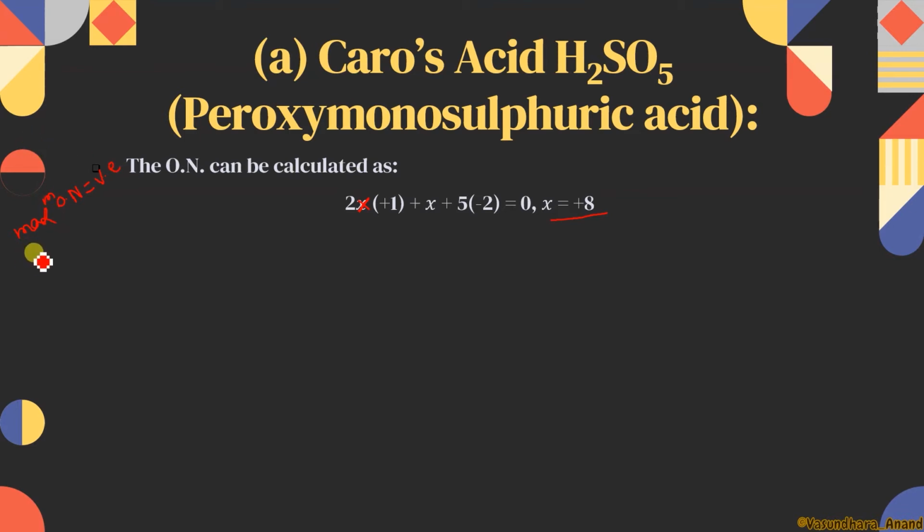Okay, now the next concept. Class, here are 3 important points, and you have to make a note of this. It is a very important rule. First, any element cannot show an oxidation number more than its valence electrons. Second, in general, if you are finding the oxidation number and the difference of oxidation number and valence electrons comes 1 or 2, then there will be 1 peroxy bond. One peroxy bond will be there, that means an O-O bond.